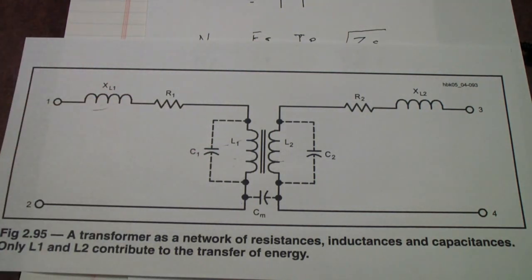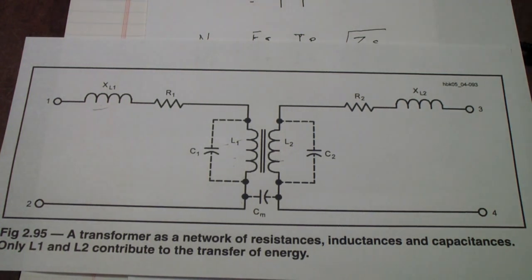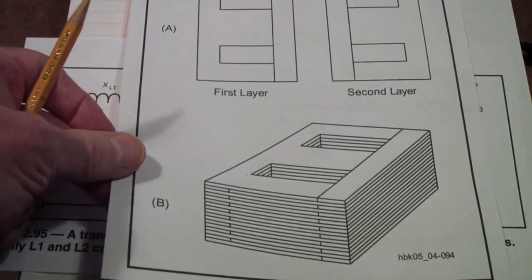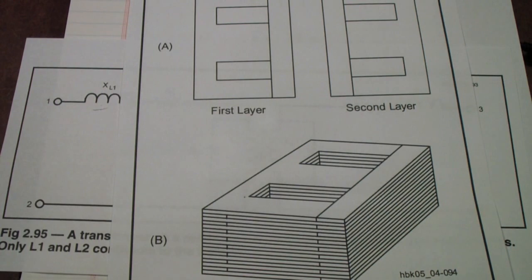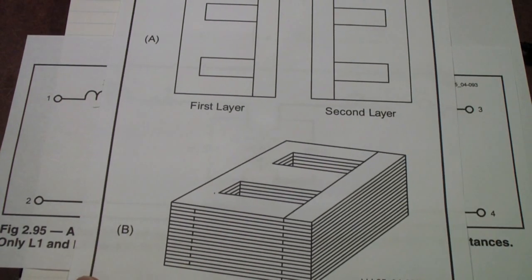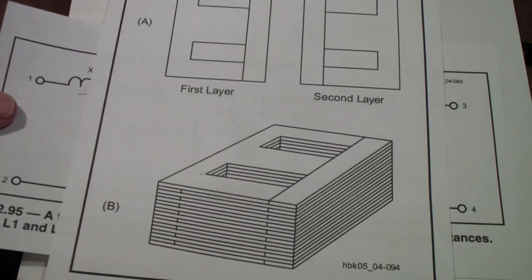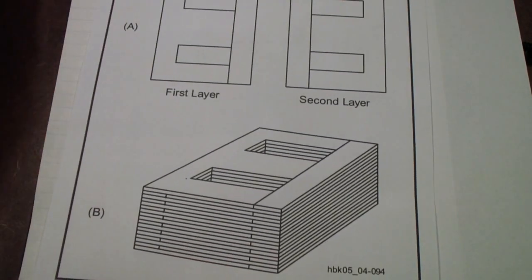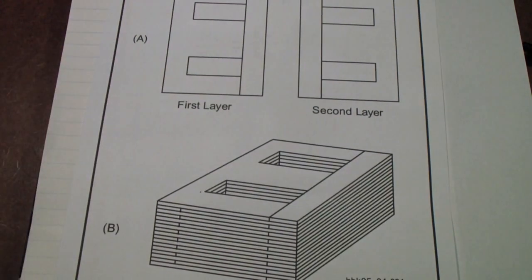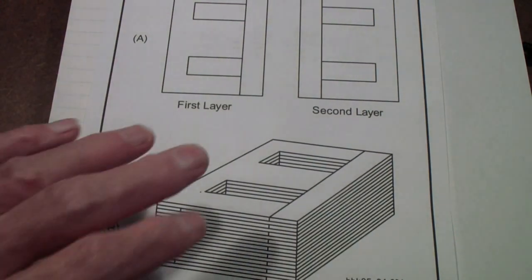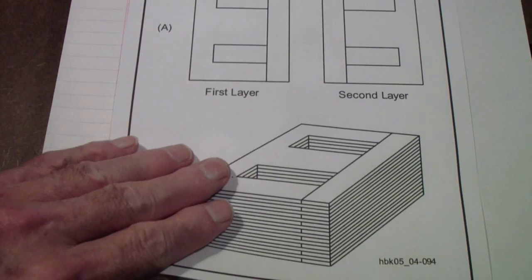So there often are two dips, and you may recall we saw that in the characteristic of that transformer. The last thing that I want to mention is that transformers are usually made with laminated cores, and the reason that the cores are laminated is to cut down on what are called eddy currents. If you just use a solid core,